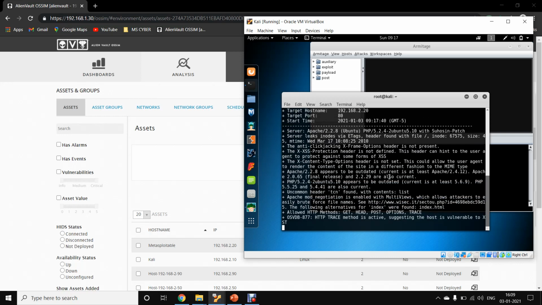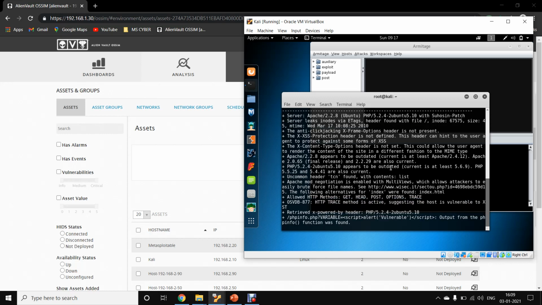Nikto is also a vulnerability scanner tool. As we can see, it is scanning each and every service and software present on the Metasploitable IP server. Once it finds a way to deliver the payload and exploit any vulnerability, it will exploit it automatically. Sometimes Nikto gives a false positive event, but we can verify it later.